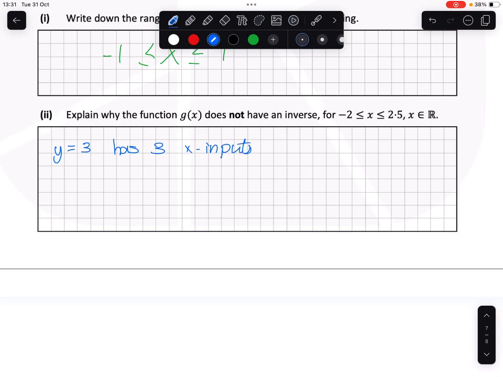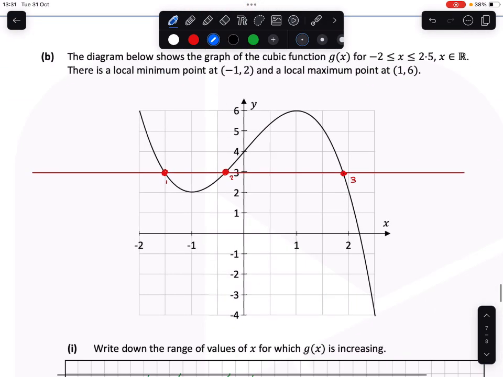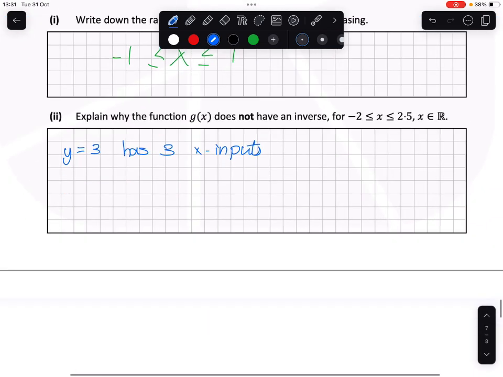In other words, if we subbed in f of minus 1.5, this looks like it would be maybe minus 0.66, and then all the way over here we have, call that, 1.8. If we sub those 3 values into f of x, we'd get 3. So we have 3 values being mapped to by the same value of y. So that's why it can't